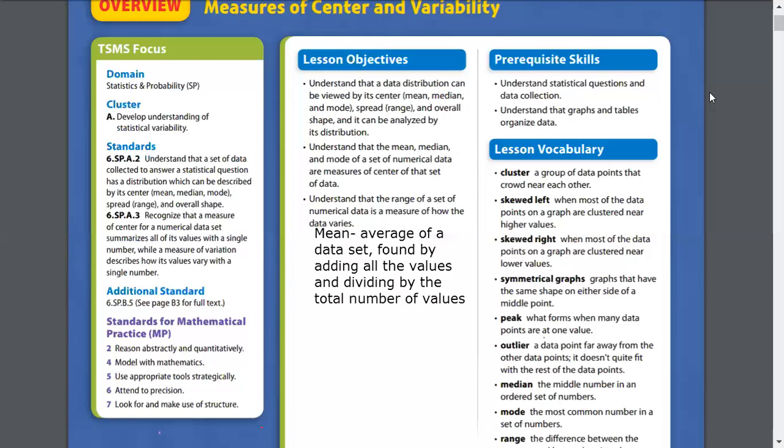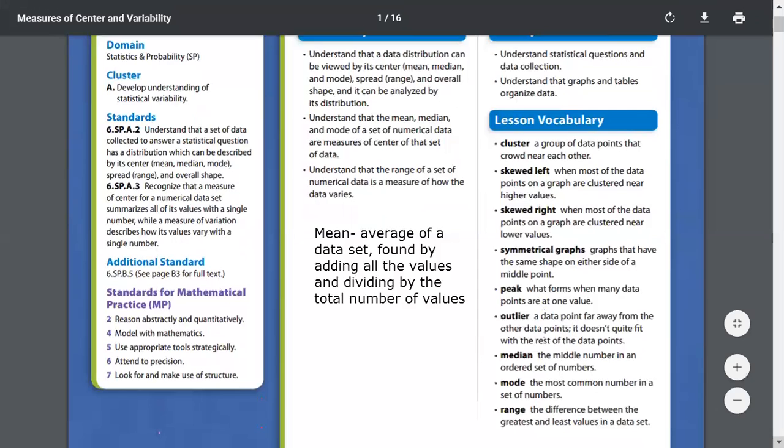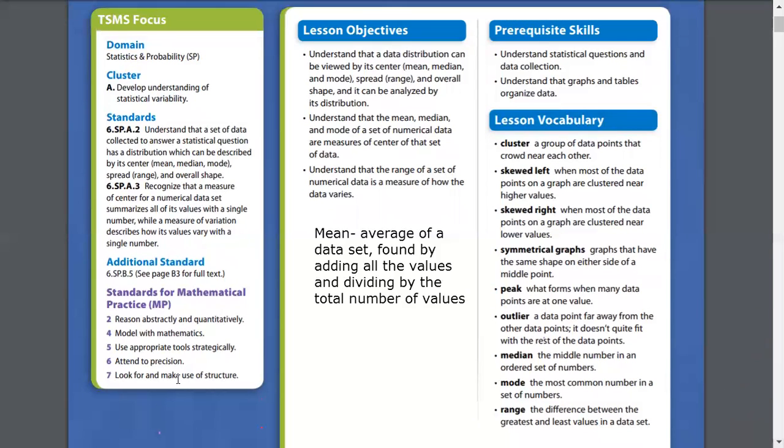Exactly. And the mode is the most common number in a set of data. The mode is the number that appears the most. That's all. And then you have the range, which is the difference between the largest number in the data and the smallest number. So subtract the smallest number from the largest number, and that would be your range. Difference is our keyword, and I'm really hard on those operations. When you see the keyword, you should think about what operation you would use. And difference means to subtract.